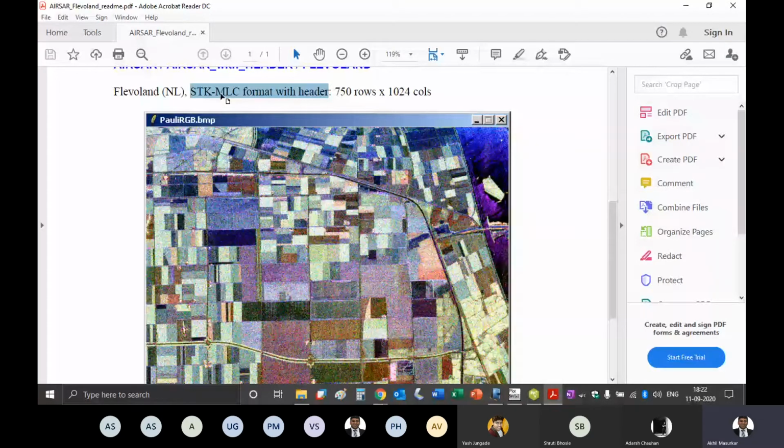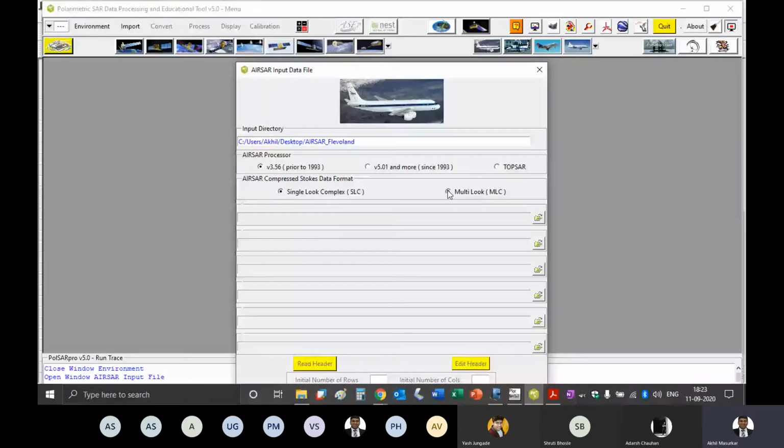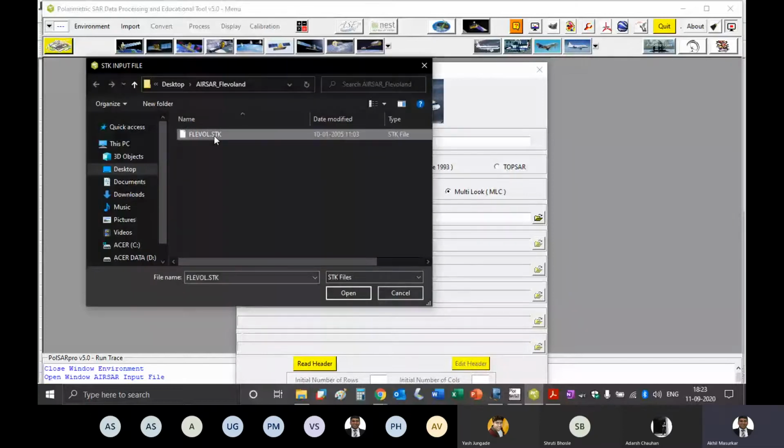That is why we will use MLC, click on MLC here, and then give that STK file, cleavor.stk. Click on this, give this particular file, and then say open.